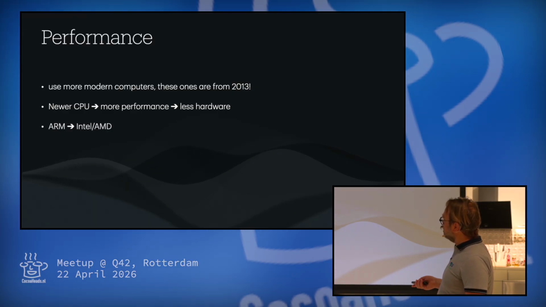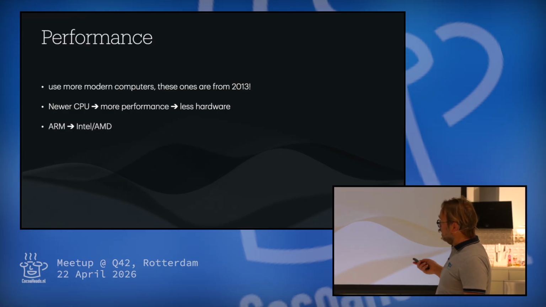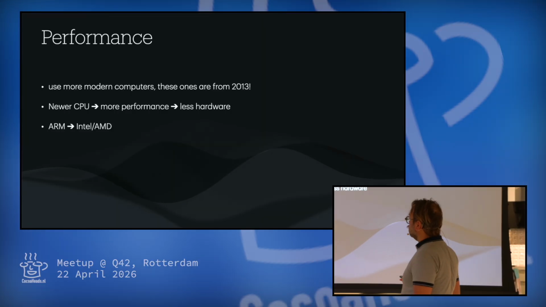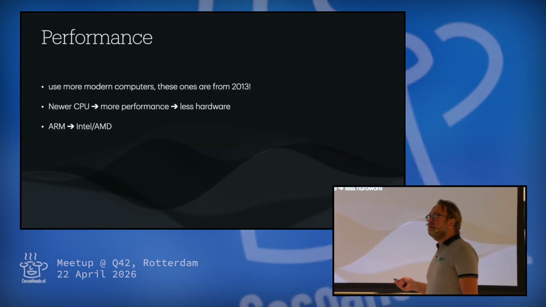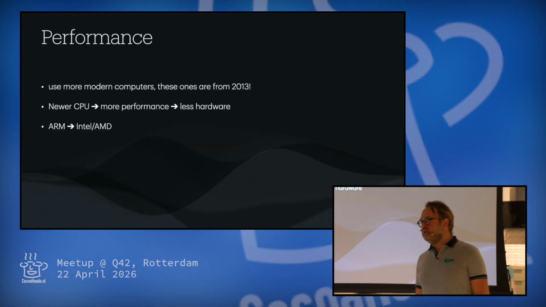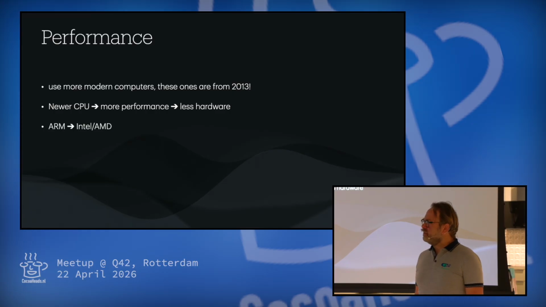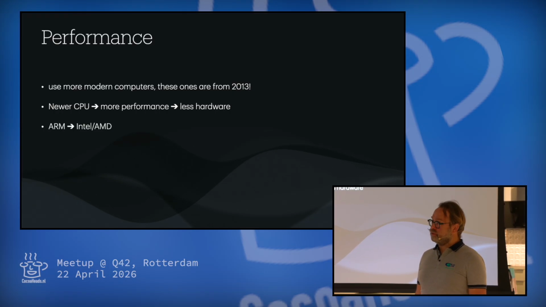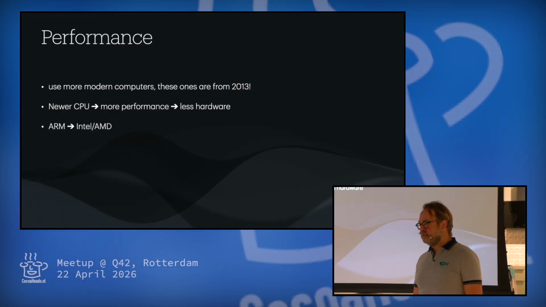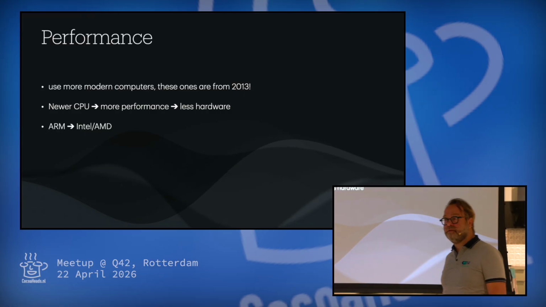And you also see, of course, these bigger cloud infrastructures using ARM over Intel, because ARM is also way more efficient. And I think I read recently that a lot of LLM guys and girls use Apple Macs because they're A, very fast, and B, very efficient in memory and power-wise.